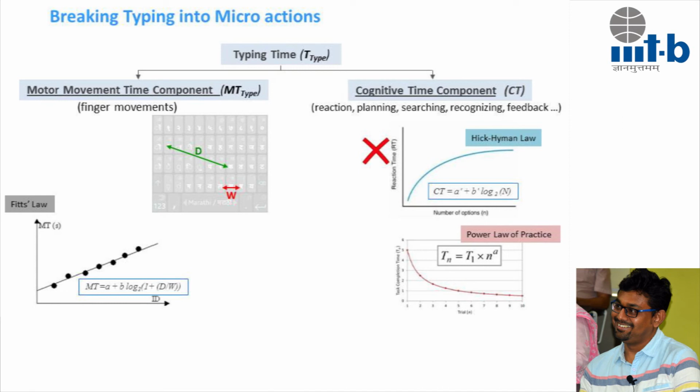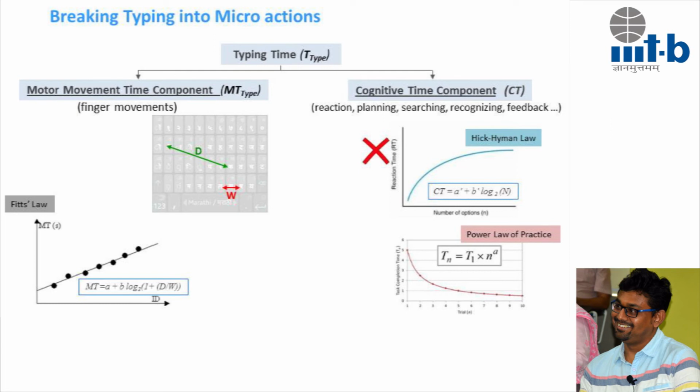And the power law of practice would tell you that the more you search for something, the more you learn where the locations of those keys are, and you become faster. So you can model that by the power law of practice. It would have been easier if this was the scope and we were modeling only, say, an English language keyboard. But our problem was different. We wanted to model an Indian language keyboard. Therefore, we tried and tested and found that the Hick's law model was not working for us, because there are different strategies people would take, and the composition of Indian language itself is different.